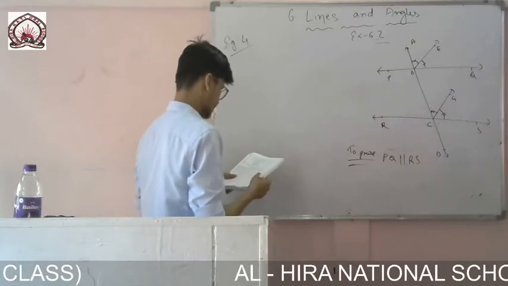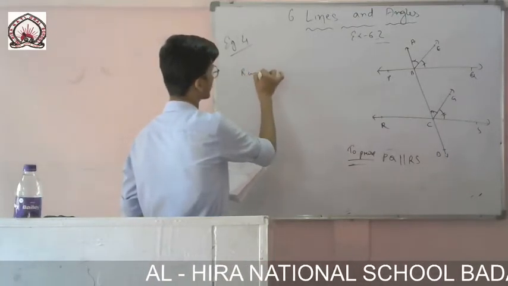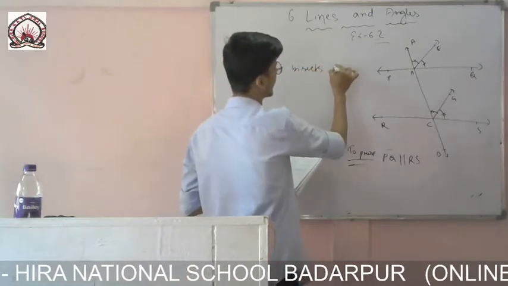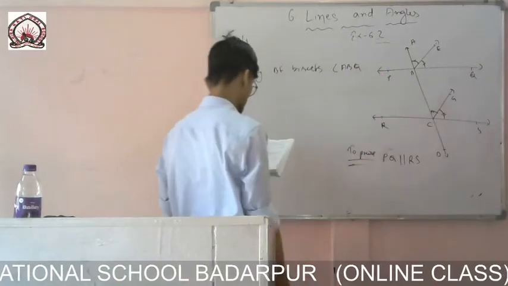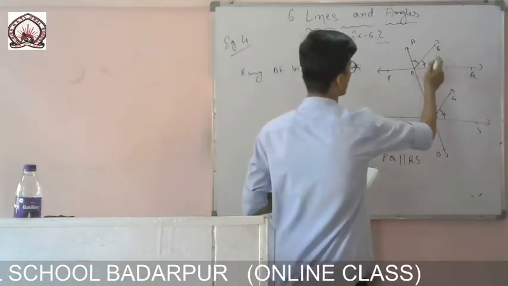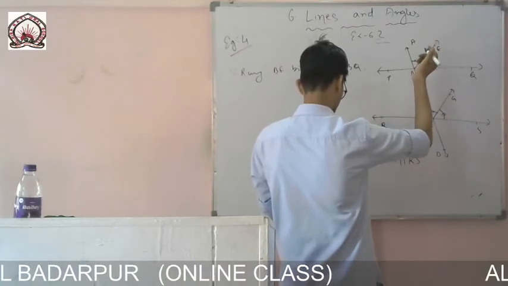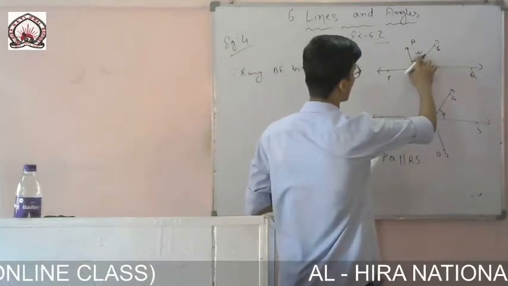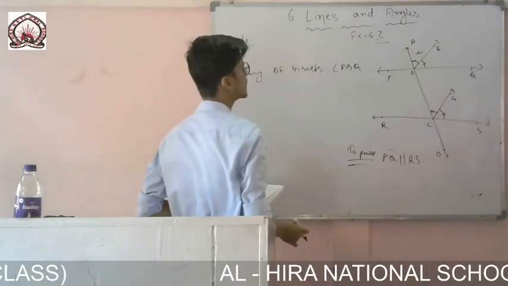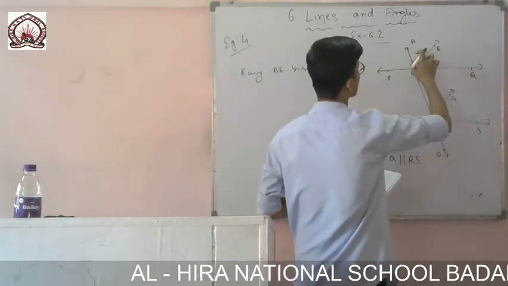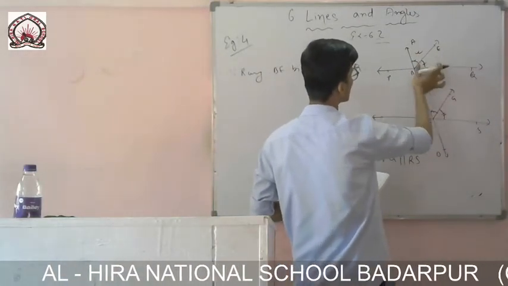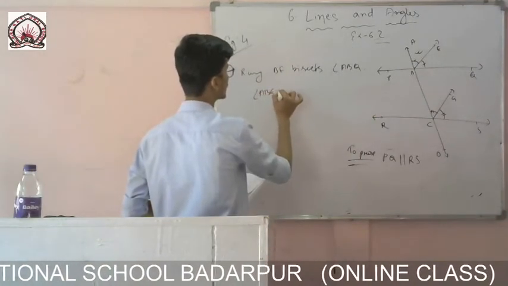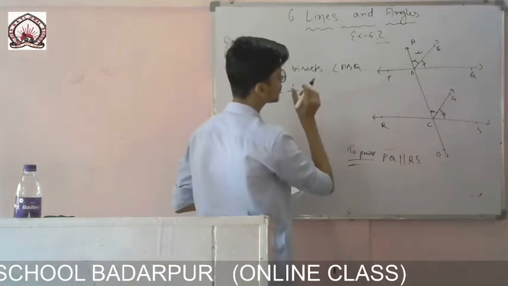First of all you write, since ray BE bisects angle ABQ. If it is bisected, that means you take this angle, ABE. This angle will be half of this whole angle. If it is bisected equally, if this whole angle measures 60 degrees, then this angle will be 30, this angle will be 30, that means half of this whole angle. So I can write angle ABE will be equal to half of the whole angle ABQ.